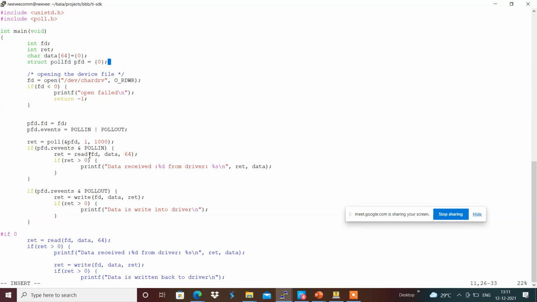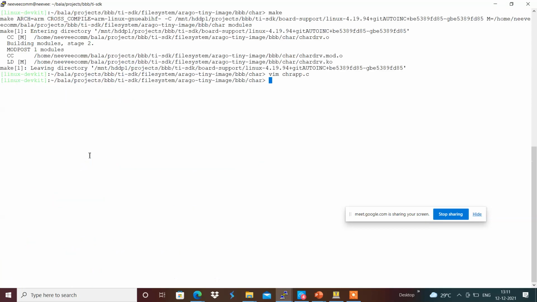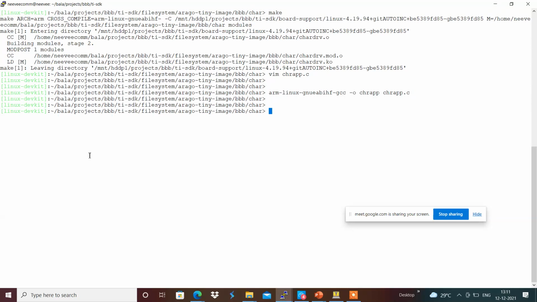I am going to compile this with the help of the ARM Linux compiler, char_app, and now we have the driver ready, and we have an application ready with char_app, and it will poll for the events and read the data accordingly over here.